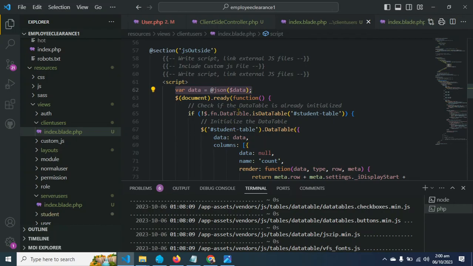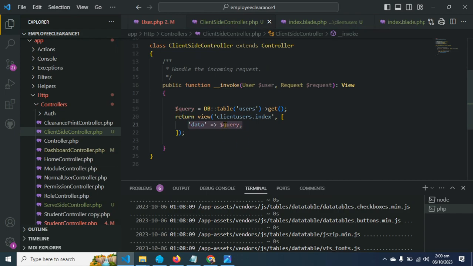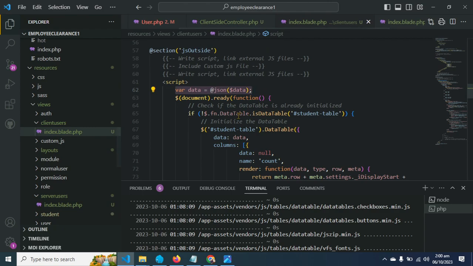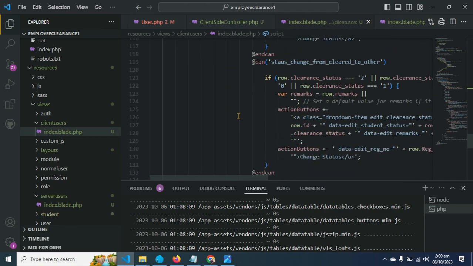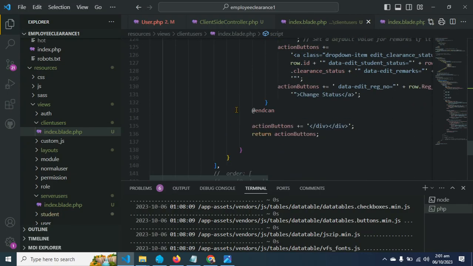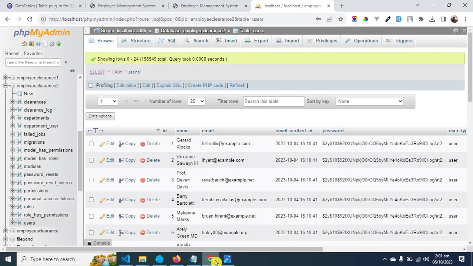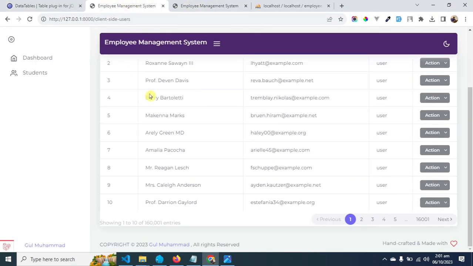We have done nothing on server side. We just grab the data and pass it to the view, and the remaining each and everything is performed by the data tables. Okay, so let's check the front end. This was our data table, and this is the client side users. You can see,